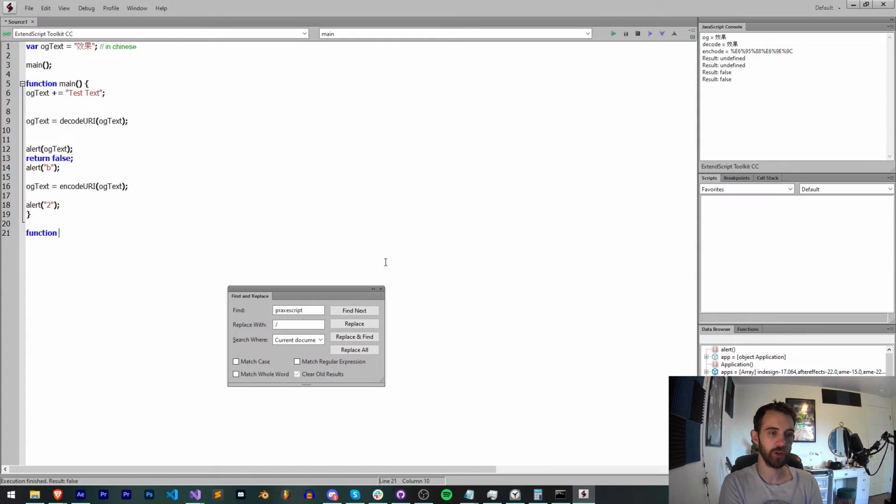Now, the second way I want to discuss is writing to a debug file. All we're going to do is create a function called write to debug file, and we're going to provide it with a variable called a string. Then we're simply going to create a file wherever we want. So I'll just say file is equal to a file object, and we'll put this on our desktop and just call it